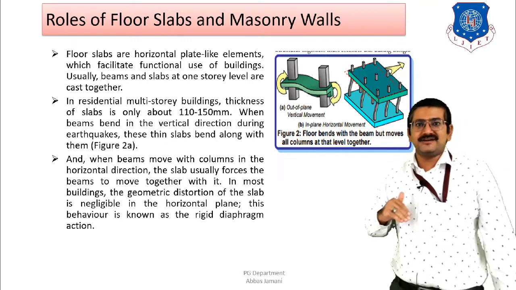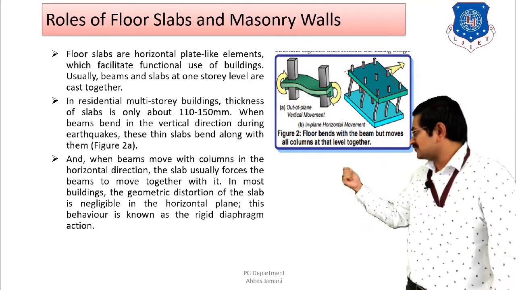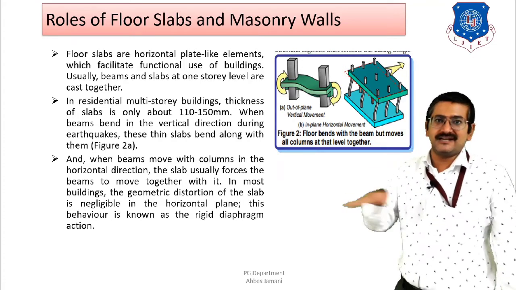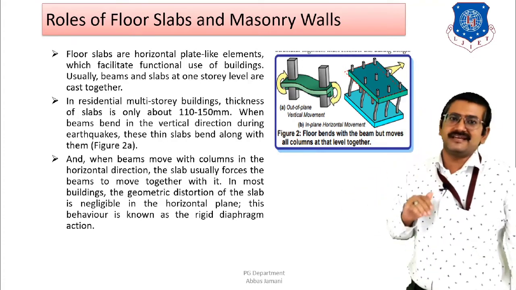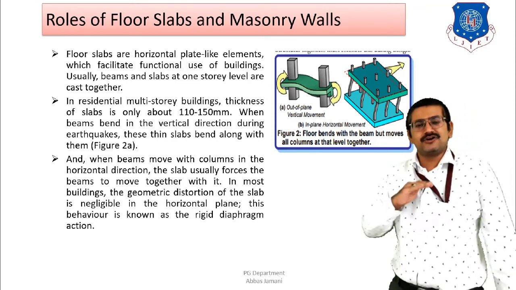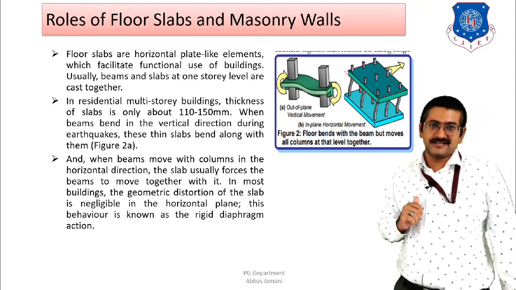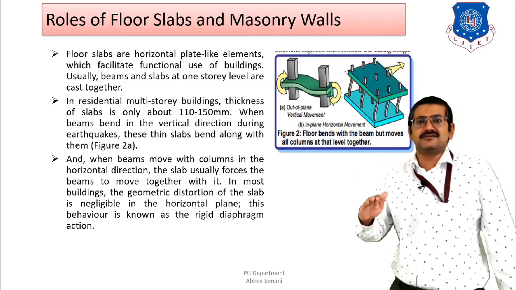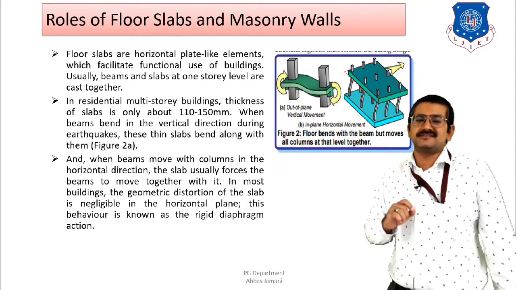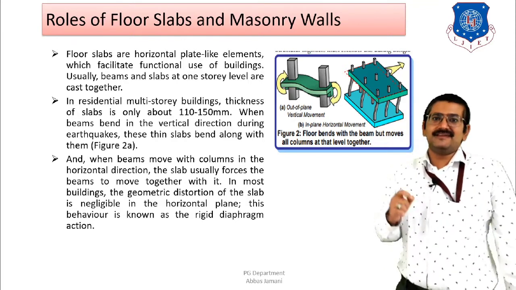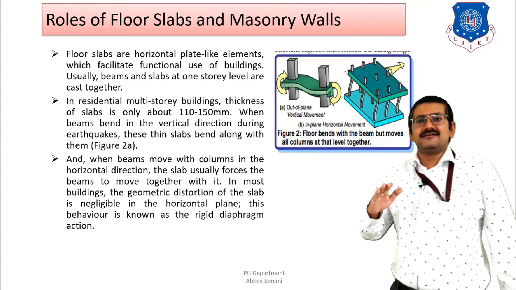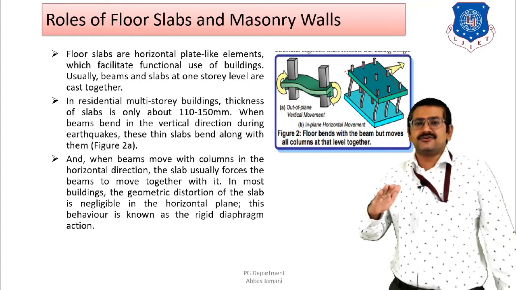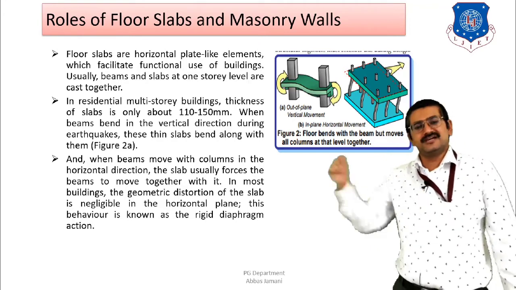But what is going to happen is that if there is a large floor plate as it is shown over here, and if the displacement is along the major direction or the length of the slab, then there is a lot of stiffness available in that direction. Due to this large amount of stiffness, there will be only a minor movement of the slab as compared to that of the columns and the beam, and that is why the in-plane movement of the slab is one of the reasons through which the lateral forces are going to be transferred from one end of the building to the other end of the building.